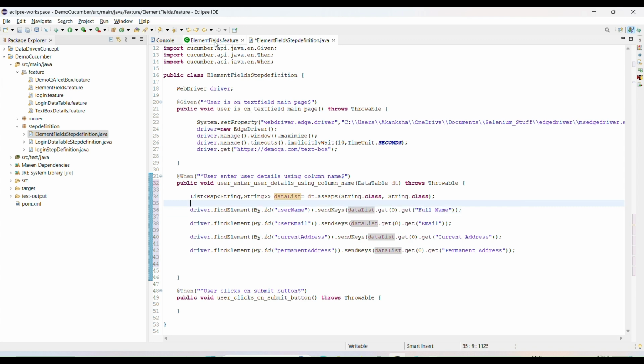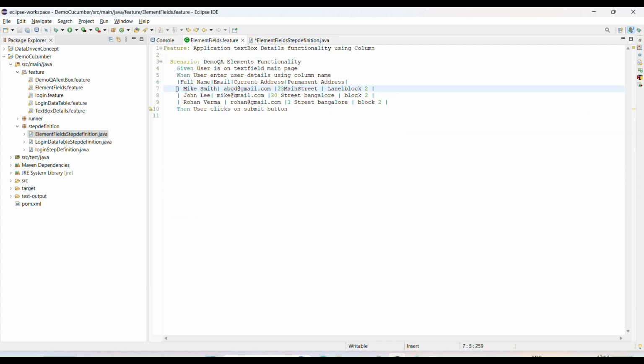We are going to enter all these details because this is 0 index, this is 1 index, this is 2 index, and this is column 0, 1, 2, 3. If you check the columns, it is 0 1 2 3 4, and the rows are also 0 1 2 3 4, because a list is stored in the form of indexes.